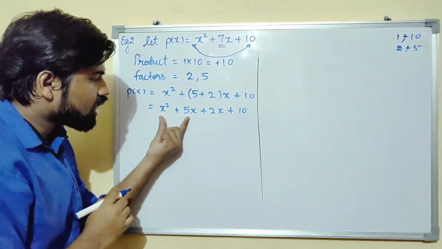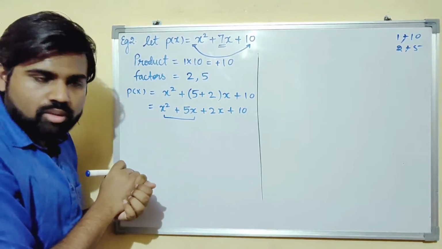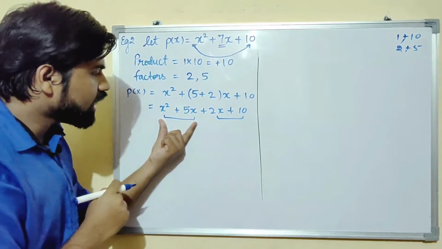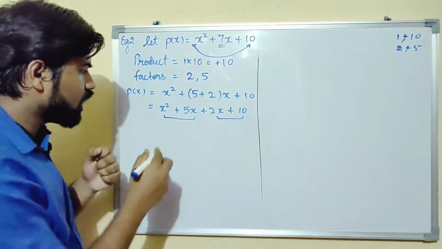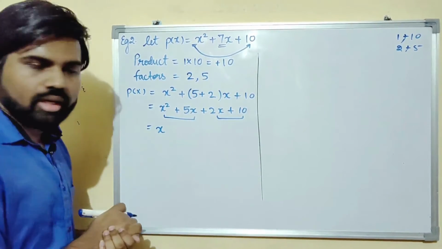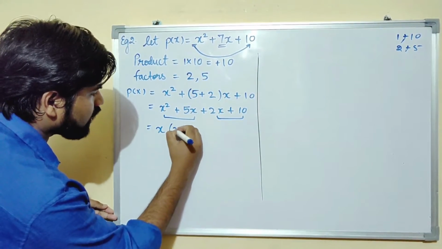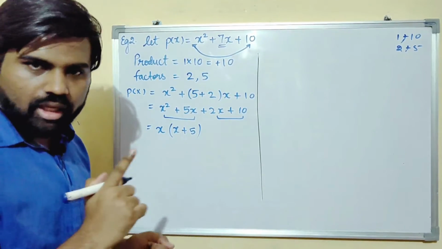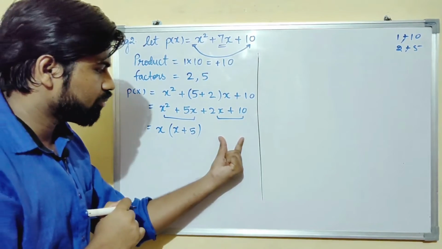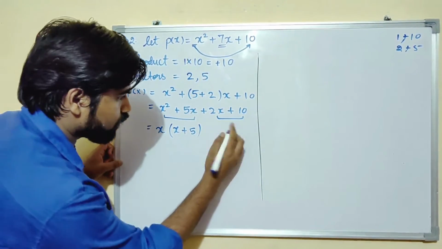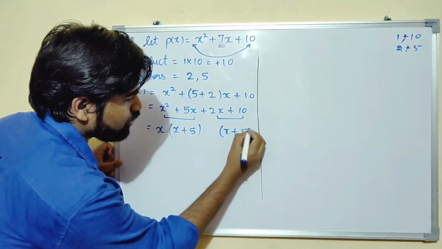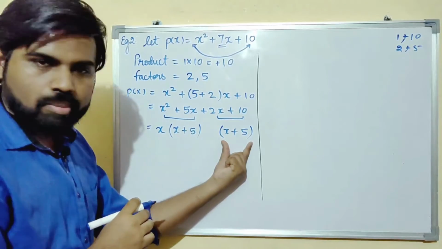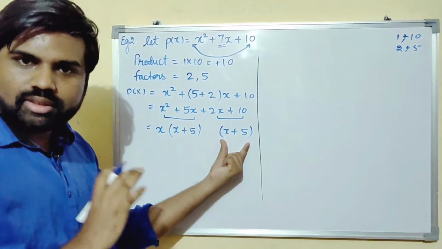Now take common from these two terms and common from these two terms. I'll give you a trick for this. Only take common from the first two terms. You will get x as common here and you will be left with x plus 5 in the bracket. The tip and the trick is that you repeat this step here. Write this bracket here also. Don't take common at first. You just write the bracket here, the same bracket with the same sign.